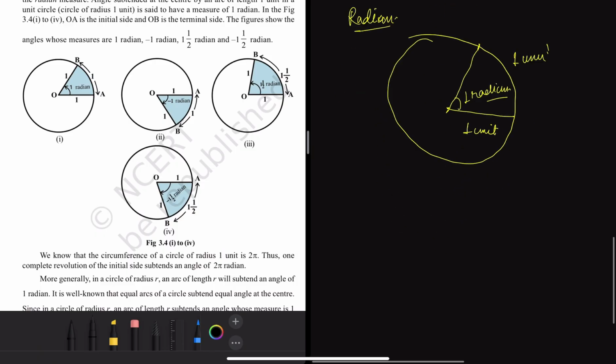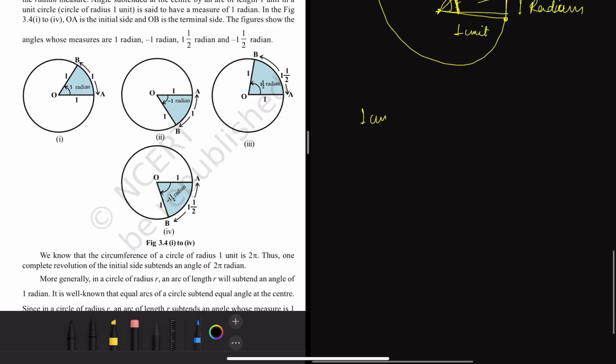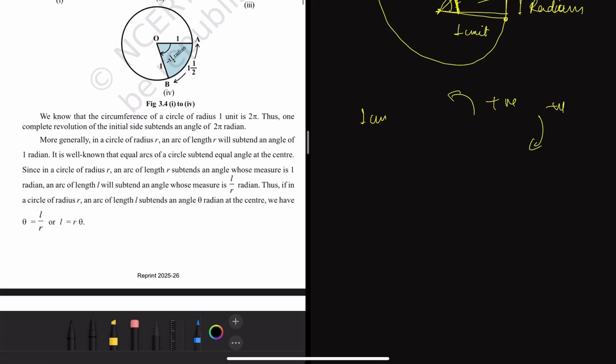ठीक है. So if you draw a circle of, let's say, 1 centimeter, let's say this is your unit, 1 unit of circle, and if you take any point on the circle and measure 1 centimeter on the circumference and then join both of these points, then the angle subtended will be known as 1 radian angle. Okay, so this is the definition of radian. Similarly, it can be positive and negative based on the direction we measure it, and the complete